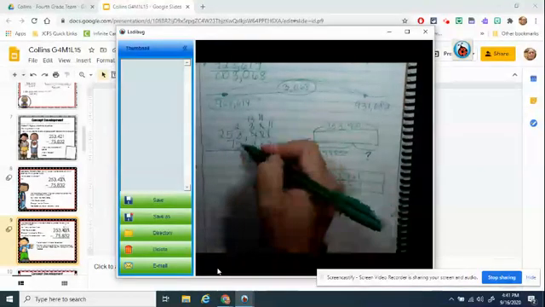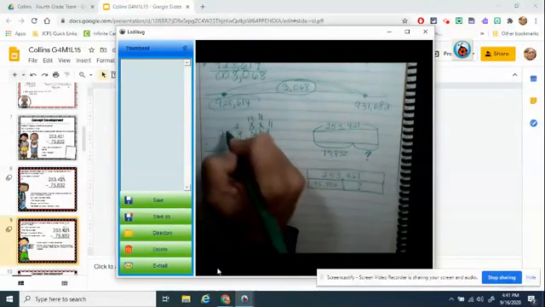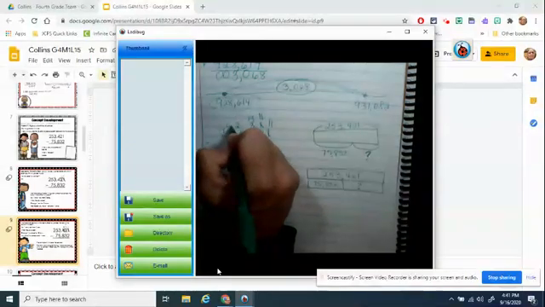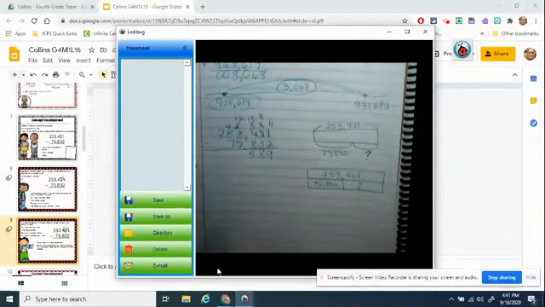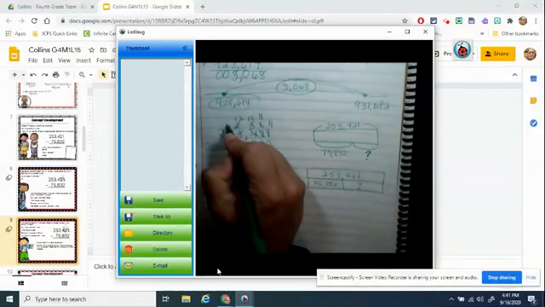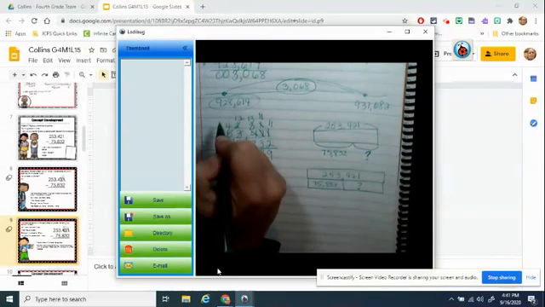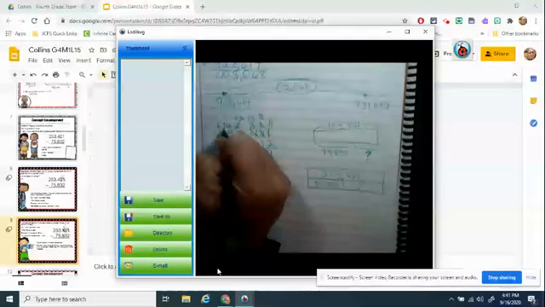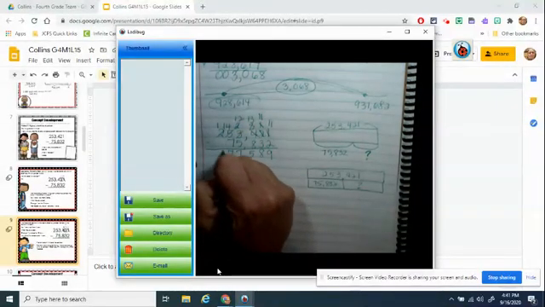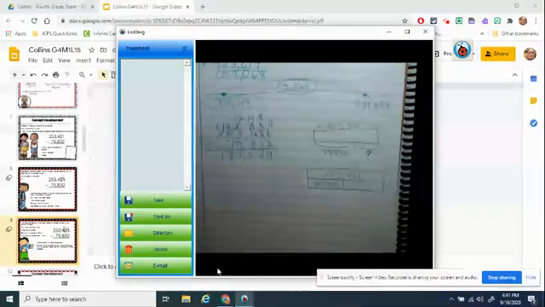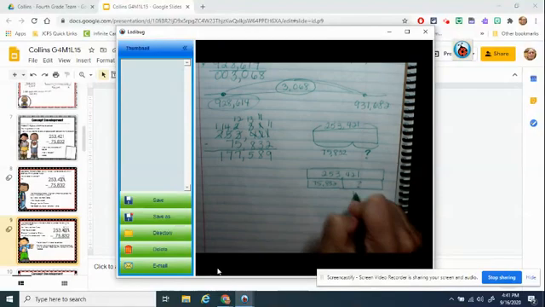Okay, 2 minus 5, I cannot do. I need to go next door. Regroup, 10 more. 12 minus 5. 12 minus 5 is 7. 4 minus 7, I cannot do. Go next door. Regroup a 10. 14 minus 7 is 7. Bring down the 1. 177,589. So my missing part here is